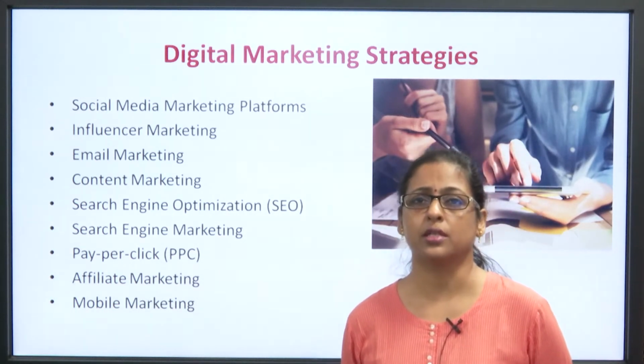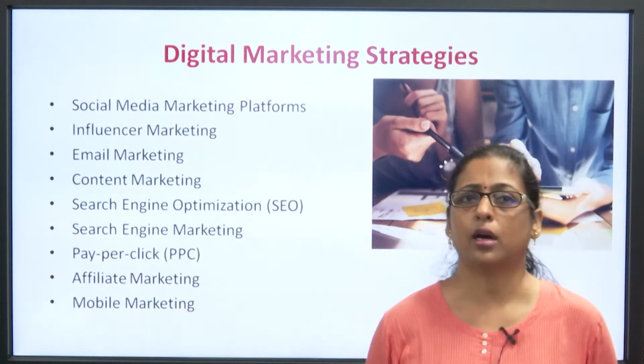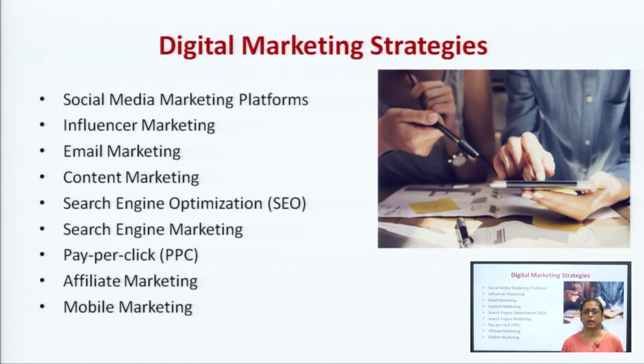Now, in all my previous lectures, we have discussed a lot about all these methods of digital marketing strategies, and so today I will just recapitulate all these digital strategies, though we had studied all of them at quite a length. So, we would just understand that digital marketing can be performed through various modes, that means various methods like social media marketing, influencer, email, content, search engine marketing, search engine optimization as well, pay per click, affiliate marketing and mobile marketing. So, let us go to a quick recap about all of them.